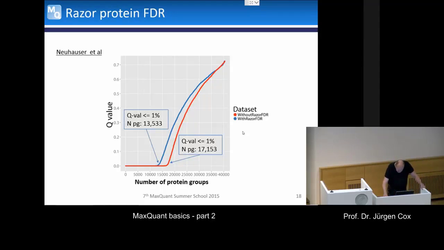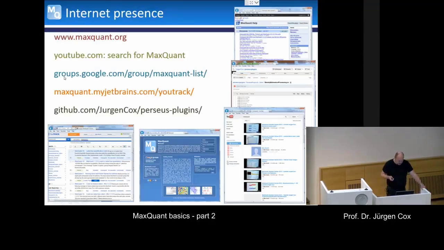One has to click somewhere. Yeah, just on the side. Okay,